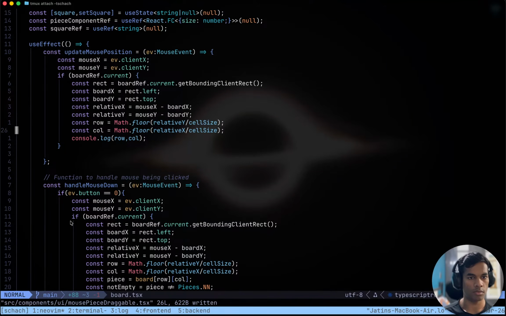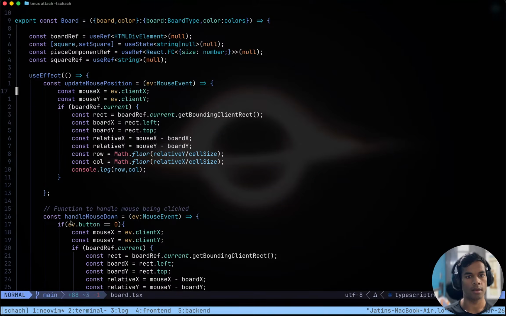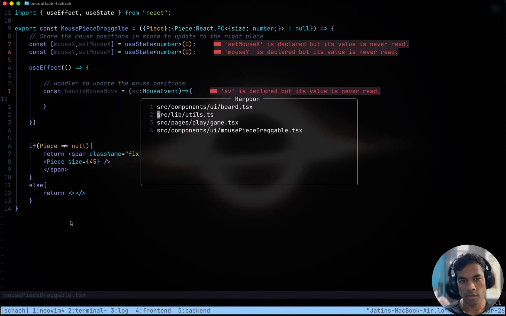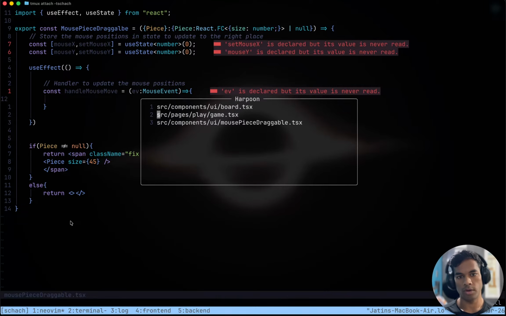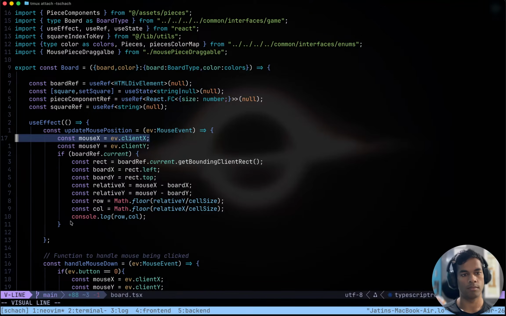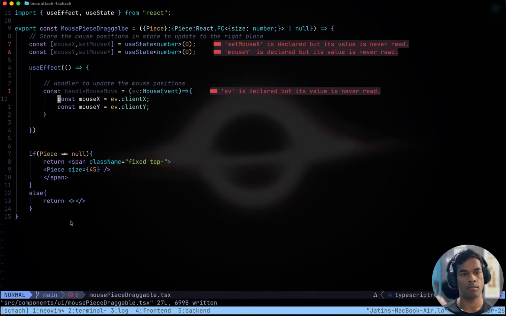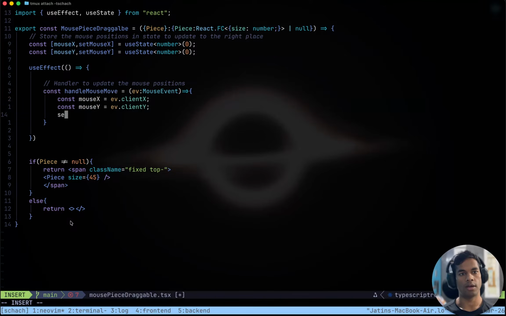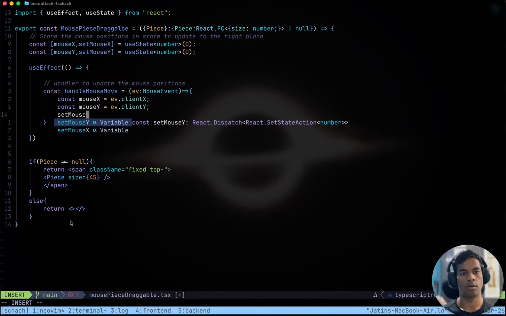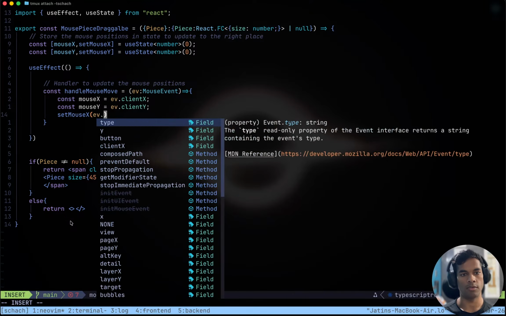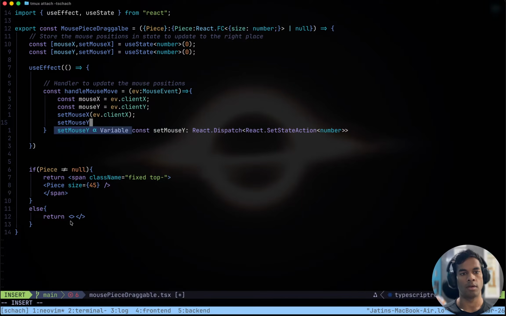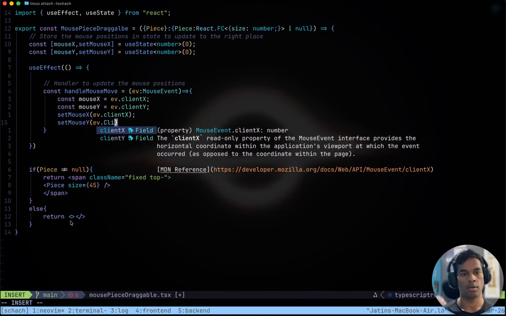We already know from here. Get the mouse positions and set mouse x to ev dot client x and set mouse y to ev dot client y.